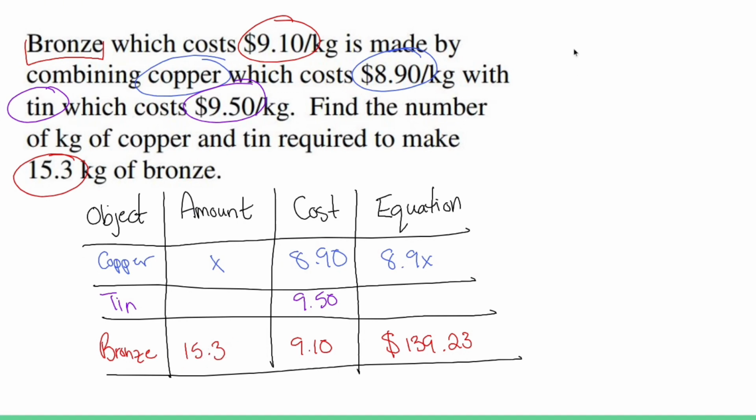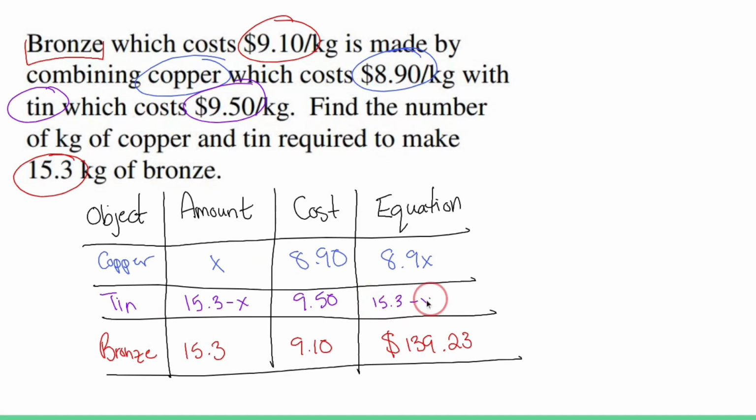So going off to the side, if we knew we had 10 pounds of stuff and we knew we had 7 pounds of other stuff, wouldn't we find out what we have left over by doing 10 minus 7? We would. So if we know we have 15.3 kilograms of stuff and x kilograms of other stuff, the other stuff is going to be 15.3 minus x. Okay? So something to remember, challenging for sure, but what that gives us is a distributed property problem of